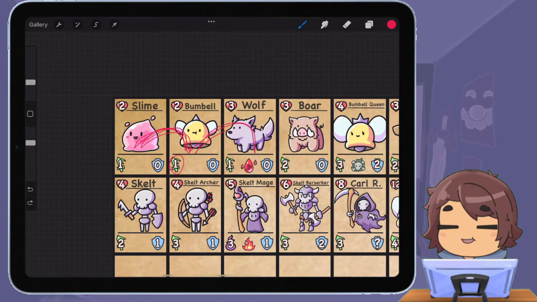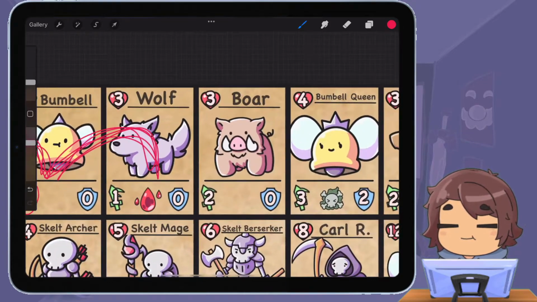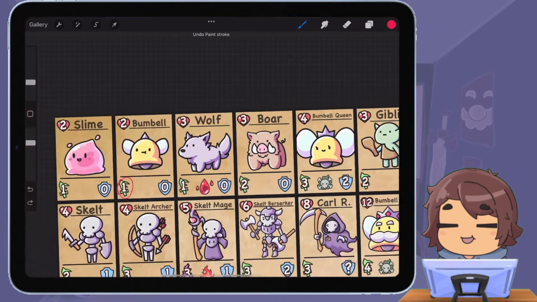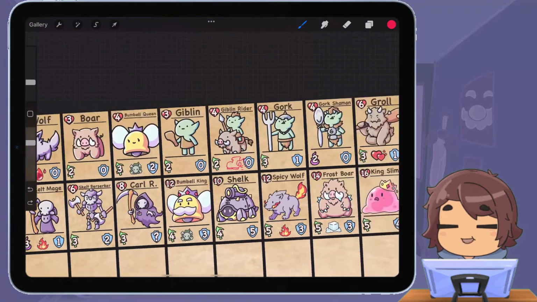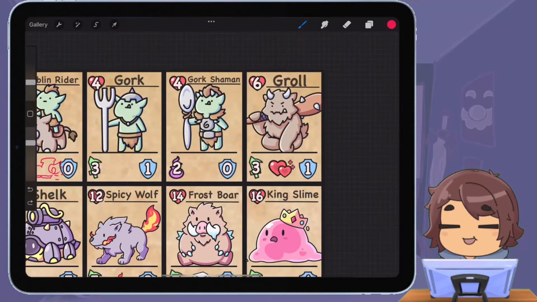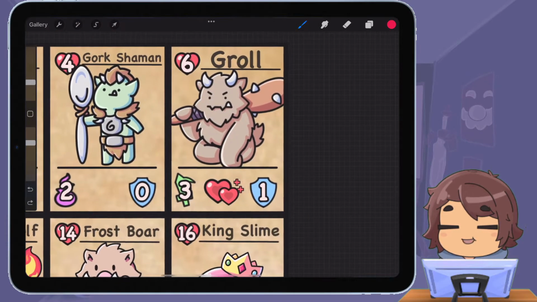Then it would be like, this is more difficult, then this is more difficult, or more difficult. Each monster that comes after is supposed to be stronger than the one before it, I guess, was the original thing, but I don't know, I might change that. But here, this effect here